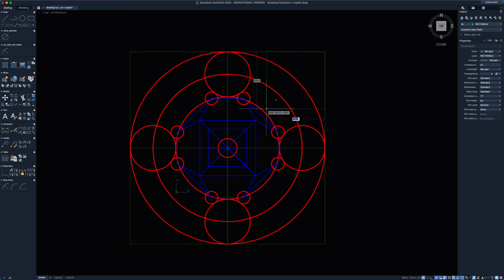So my X is going in the negative direction and has a distance of 200. So I would type in negative 200, comma, and then it's waiting for the Y direction, which again is down, which is negative. So I type in negative 250 and hit enter, and that rectangle is formed in that corner. So I can right click back into the rectangle command, select this corner, and I want to make a rectangle down in that direction. So this would be positive X, negative Y, so it would be 200, comma, negative 250,